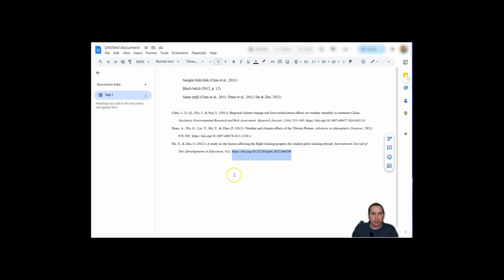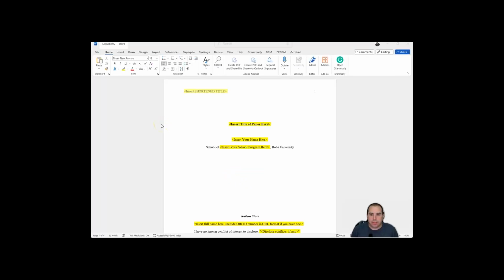All right, so now let's take a look at the Word plugin, I guess is the right word. So here I've got a standard kind of template that some of you may or may not need to use. Actually, before we dive into PaperPile, a couple things to kind of note. When you do templates,